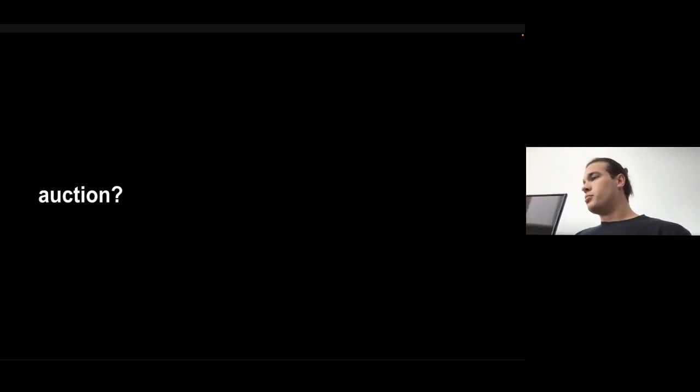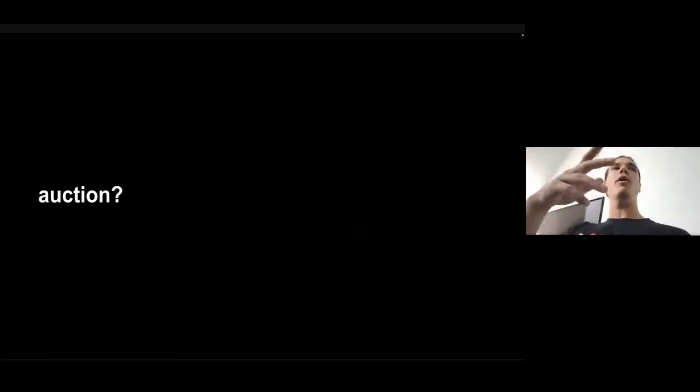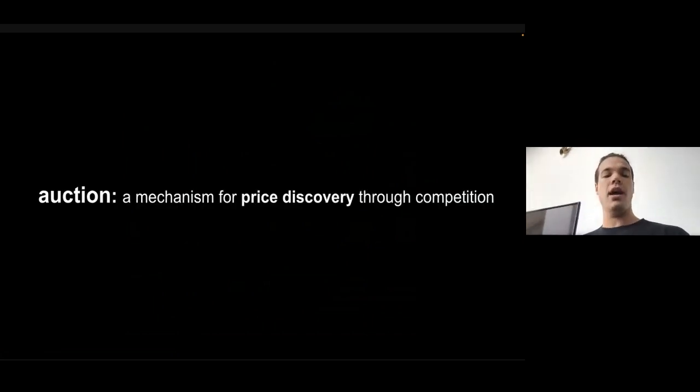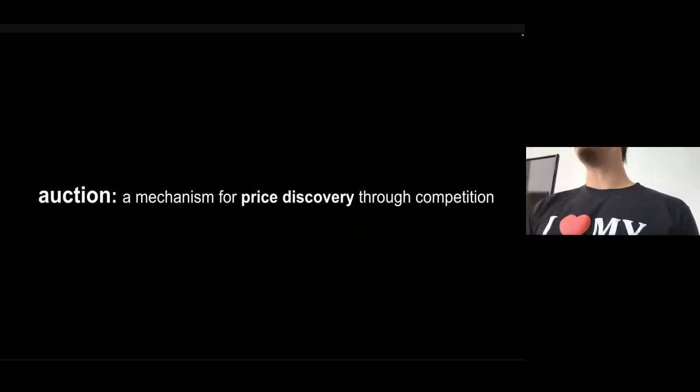So to start this talk, the question is, what is an auction? It's a bit of an annoying question, but the reason I ask it is because, at least for myself, I often find myself with preconceptions. I think of an auction, I think of this specific thing with an auctioneer doing something, but as Max pointed out earlier, you call a central limit order book a dual auction, right? And so actually maybe it's a bit more than that. Today I want to use the definition that an auction is a mechanism of price discovery through competition, right? And price discovery implies that we don't know the price, so there has to be some degree of uncertainty.